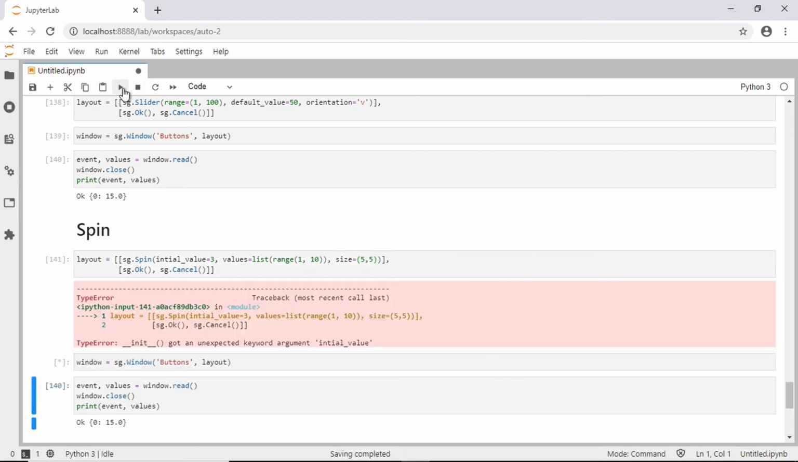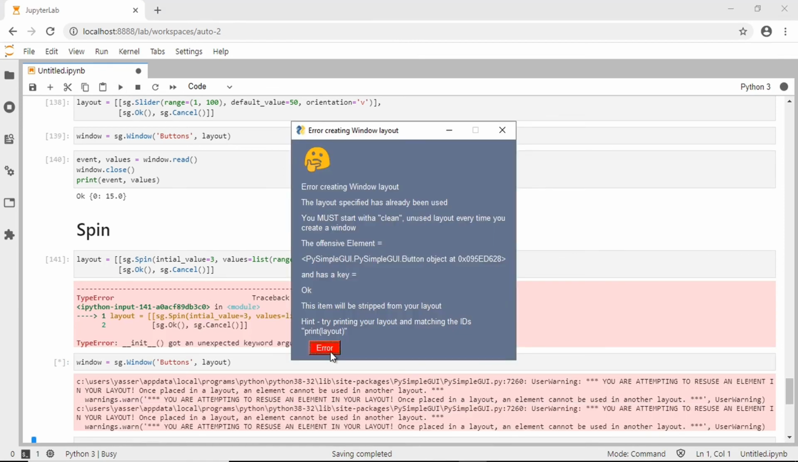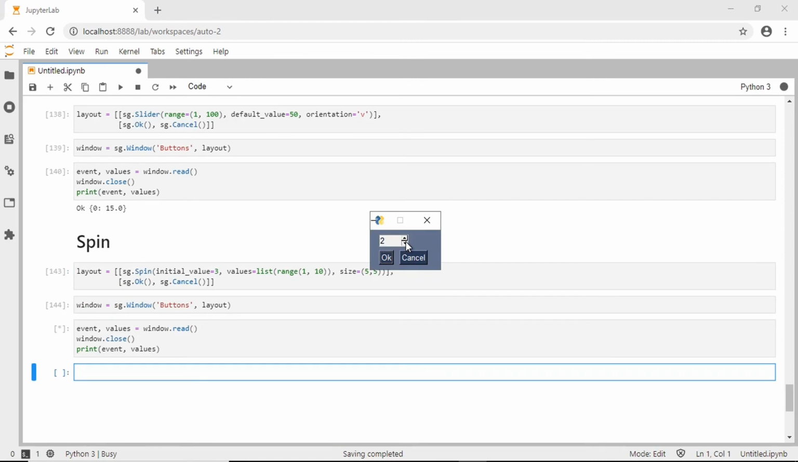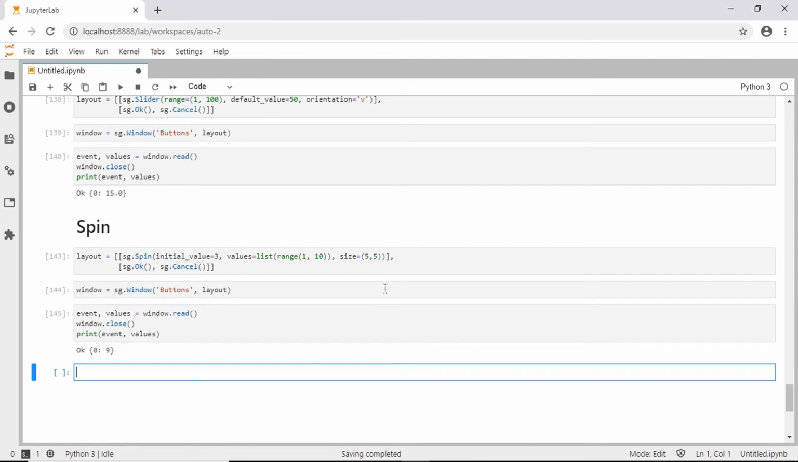Now let's check this. We have a spelling mistake in here. This should be initial value, and this is our span. Okay,